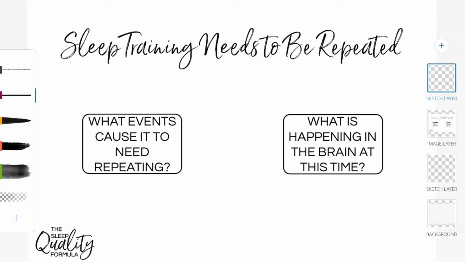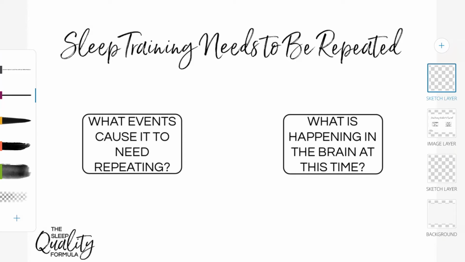So the second video is all about sleep training needs to be repeated. Now, if you watched the last video, the first video in this series, you would have found out right at the end that at best, sleep training is a bulldozer approach to put the brain into a submissive state, right? So this is where we left our last video, and this is where we're going to be picking up here, because putting the brain into a submissive state is obviously why it needs to be